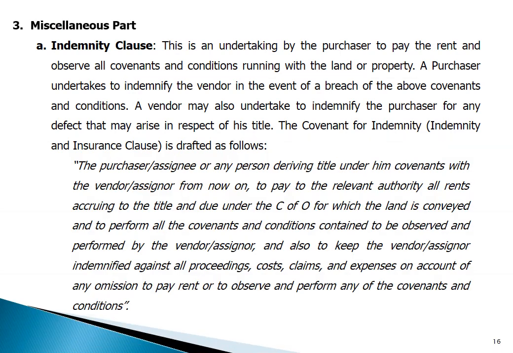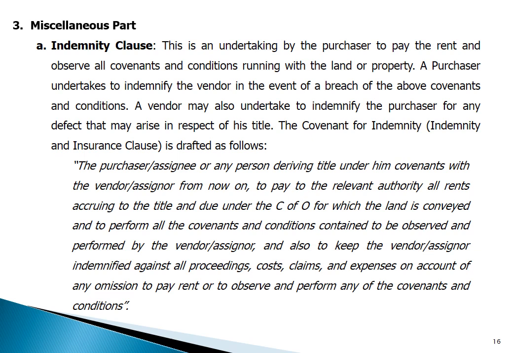3. Miscellaneous part. It includes an indemnity clause. This is an undertaking by the purchaser to pay the rent and observe all covenants and conditions running with the land or property. The purchaser undertakes to indemnify the vendor in the event of a breach of the above covenants and conditions. A vendor may also undertake to indemnify the purchaser for any defect that may arise in respect of his title. The covenant for indemnity is drafted as follows: the purchaser assignee or any person deriving title under him covenants